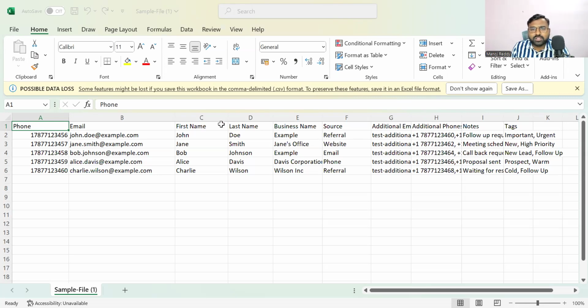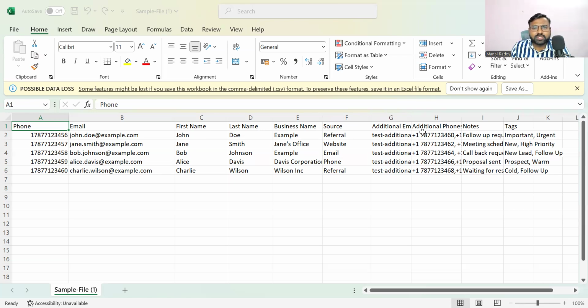First name, last name and business name, and if you don't have the business name you can skip it. Then the source, because you may be getting leads organically or from somewhere else, right? So for existing leads, you need to have the source. If you don't have it, you can delete this column also. Then any additional information, and the main tag is most important. If you have any notes, you can add them, like additional phone numbers. But by default you must have one mail ID, one phone number, and a full name or first name or last name, and one tag. That is good enough to capture all the leads